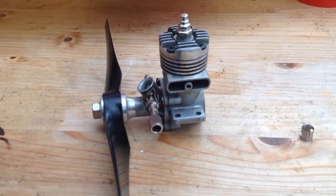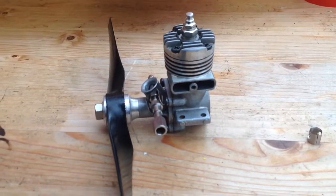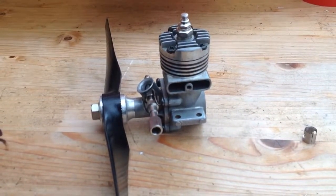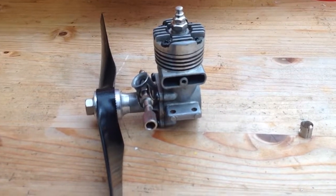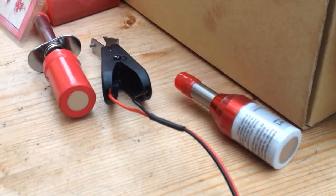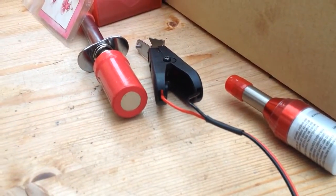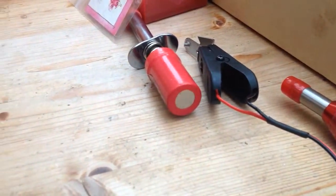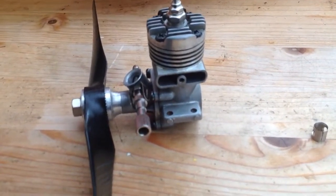I succumbed again this year to the glow plug siren song, having had a little thimble drone years ago, but mostly a few years ago I gave it up because of the paraphernalia of these things: batteries, clips, leads, mostly which go flat, but never mind, we'll come back to that. This particular engine is